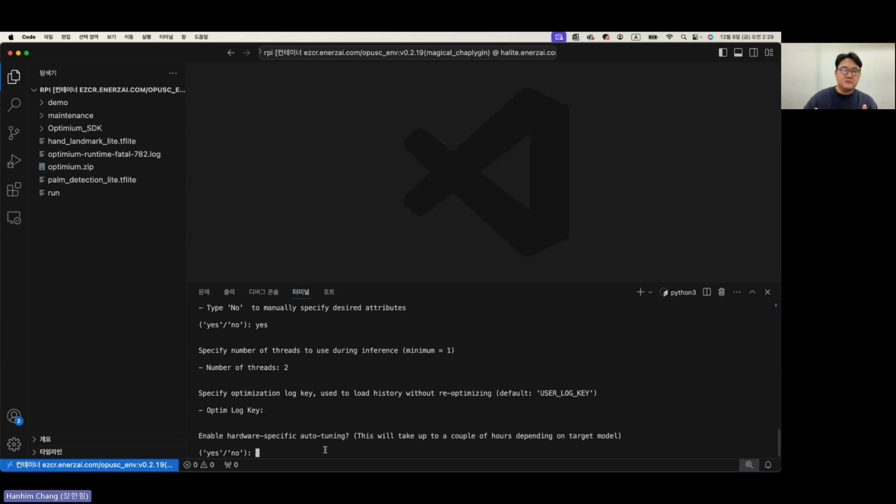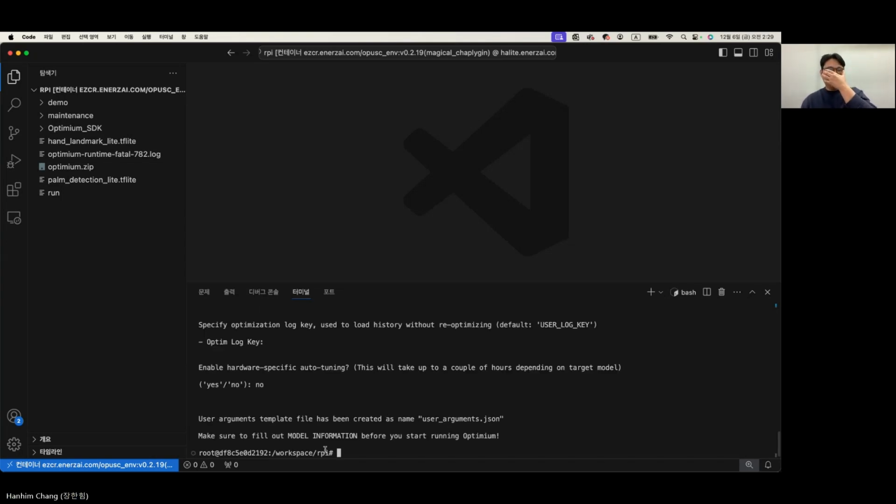But we are updating Optimium to accelerate this auto-tuning process. For now, it takes a couple of hours for your model to get the optimum output. So again, I highly recommend using this if you are using Optimium Beta, but I'll just type in no for this. Once we do so, a user argument JSON file has been created.